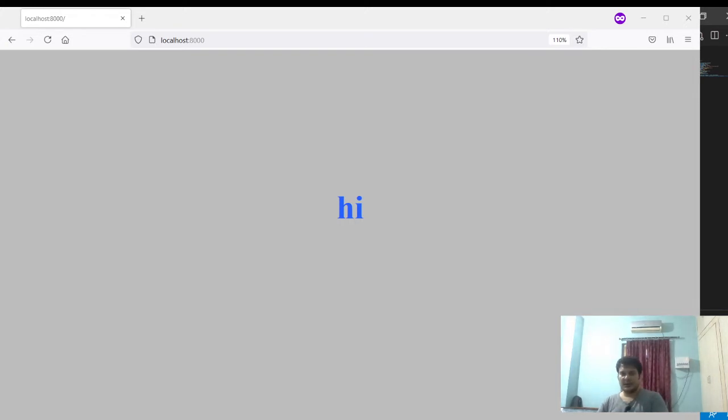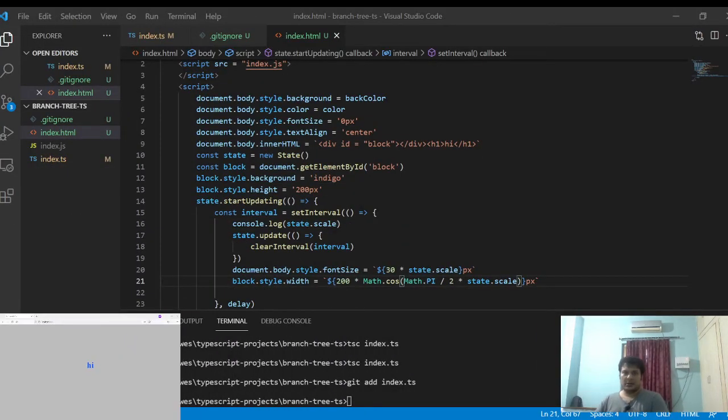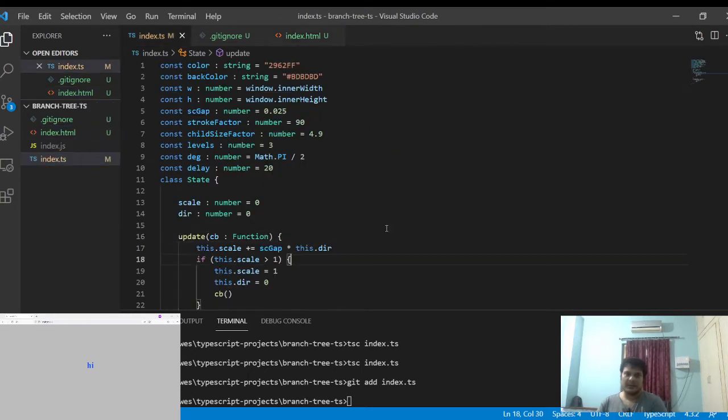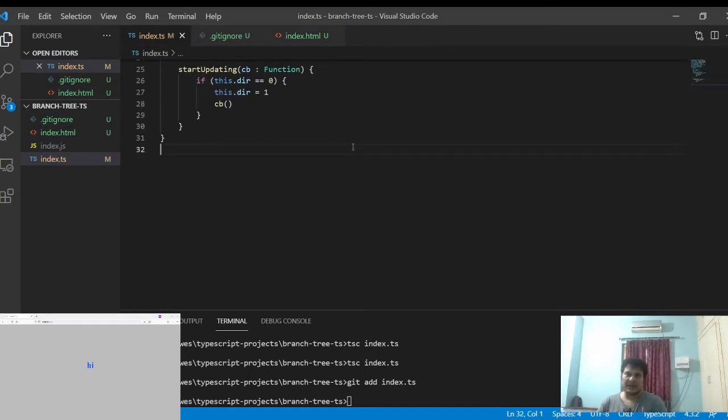Let me add whatever changes I've done. Now, this setInterval I just don't like to call in this fashion. I want to put another class so that I can have more control over it. So I'm going to create something called class Animator.